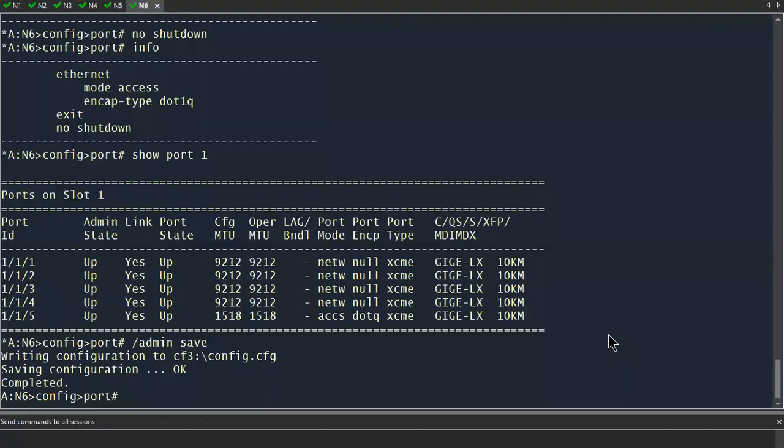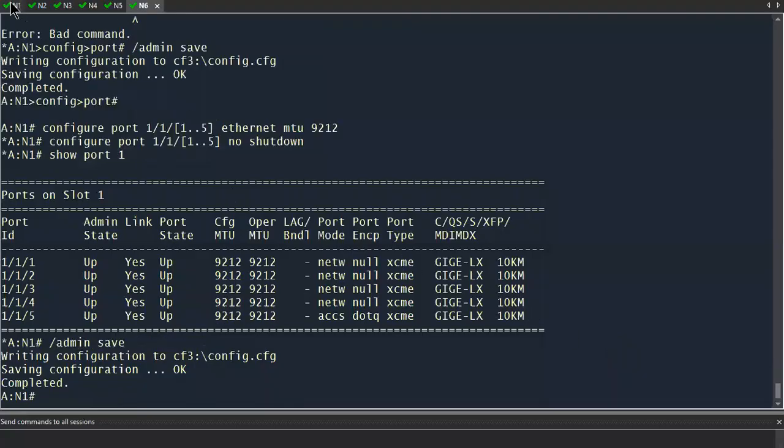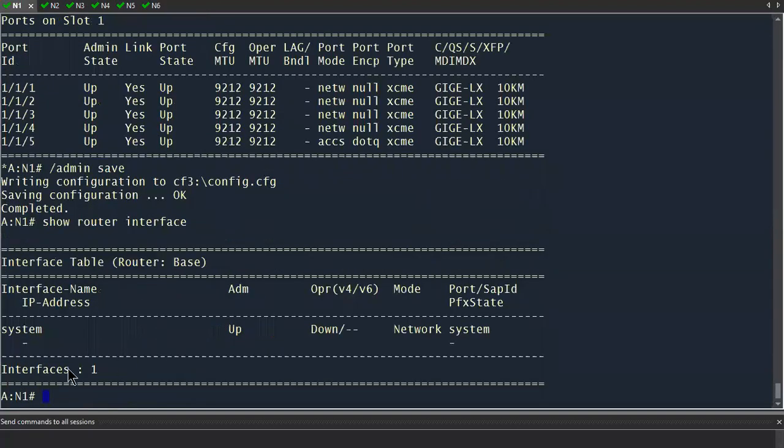So like I said before, our system address, and we could do the command show router interface. And we have our system address. So our system address is synonymous with our loopback 0 address, if you're used to working on Ciscos, or our lo0 unit 0 address, if you're used to working on Junipers. But the core concept remains the same in that this is the address of the system itself. So this is where our peerings are going to occur, because we're going to assume that if we're in a service router environment,